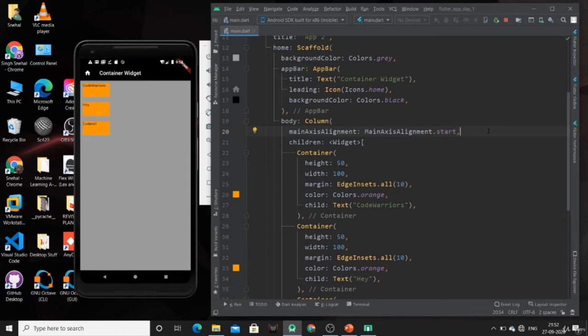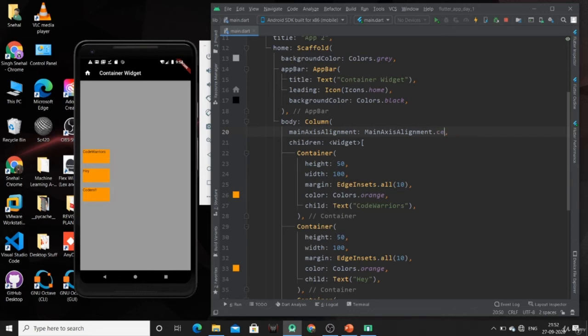So now you can see there are no changes in the position, as by default the position is start. Now I can use the center main axis alignment. So now these three children are moved to the center position.